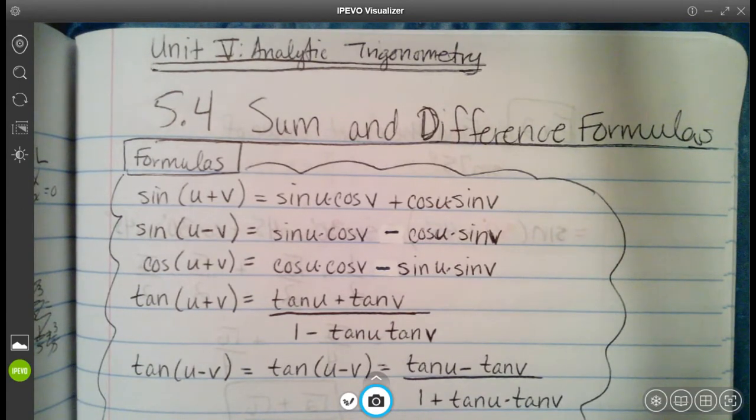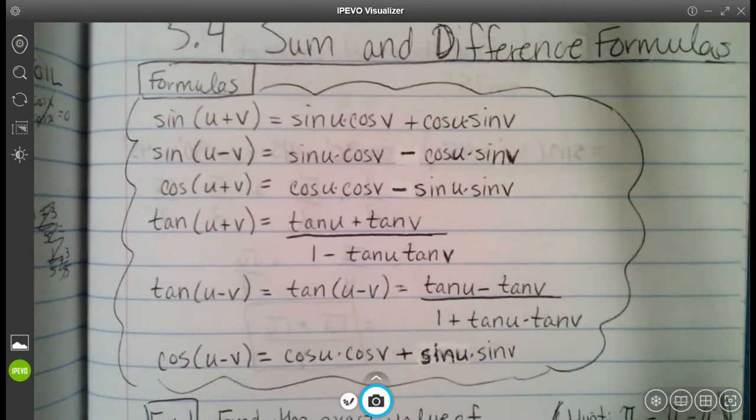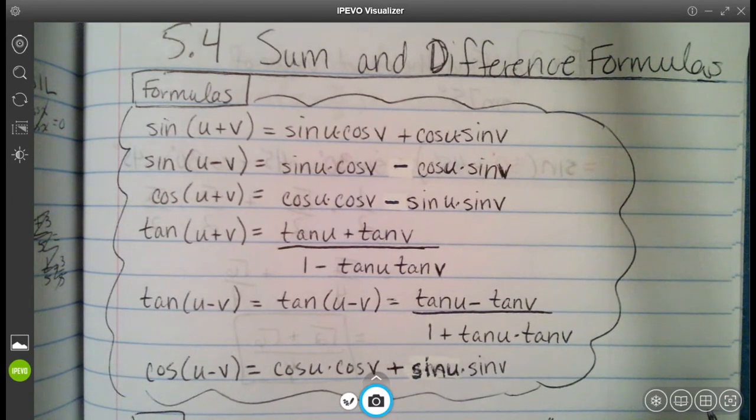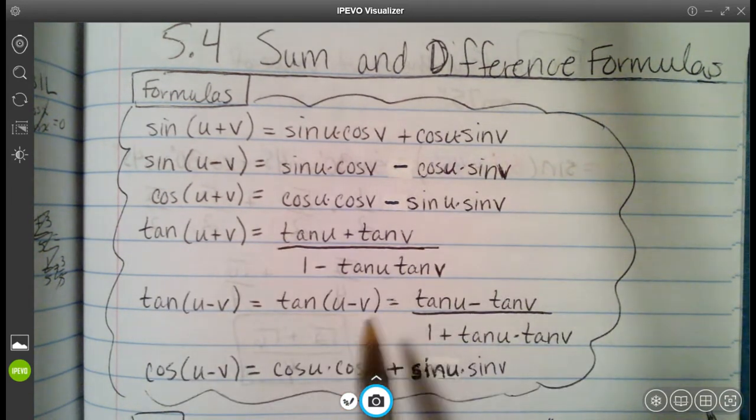In this video, we're going to cover section 5.4, Sum and Difference Formulas, still part of Unit 5, Analytic Trigonometry. Before you start copying this little formula bubble here, I am going to let you know that you do have the option of doing it here or not, because very soon you will have this in your